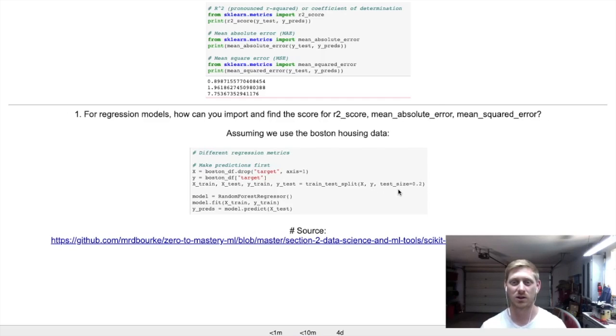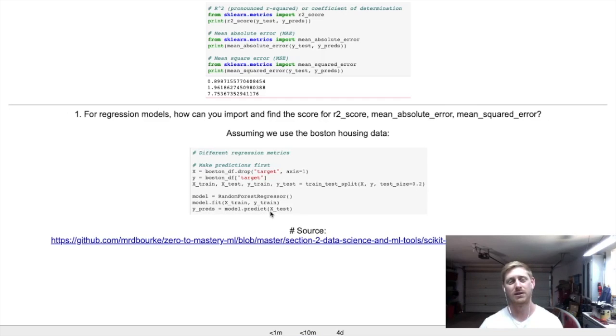So from there, we're going to go ahead and take our test size, which will be 20%, and then 80% will be the training size. And then again, we instantiate a model with model equals RandomForestRegressor. Then it goes model.fit on our training data, so it'd be X_train and y_train. And then our prediction would be on the X_test.